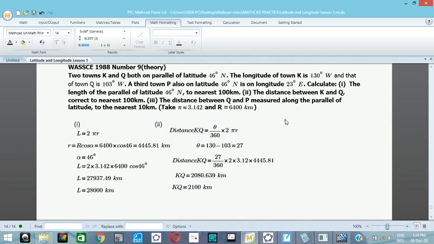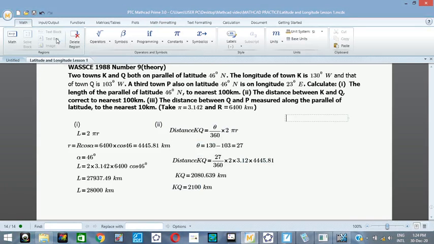Alright, let me do it here so there's no need of going to a new page. So number three, distance along QP is very simple. Let me just put it because of time. So QP is equal to, it's the same formula we are using, theta over 360. The theta will just be different, based on the angles between Q and P. So we are using the same formula here, no different from that, which is theta over 360